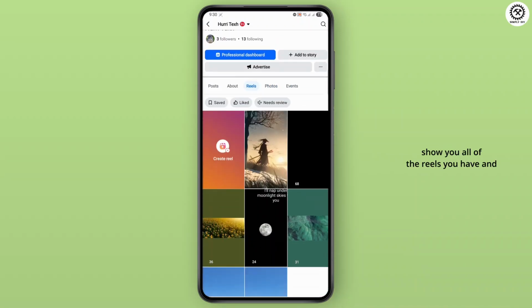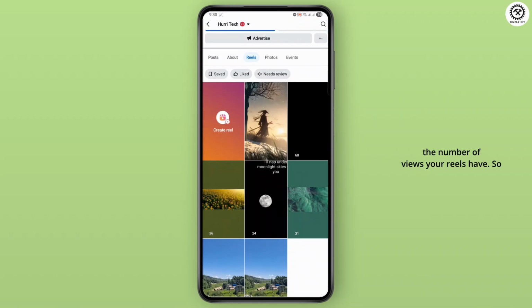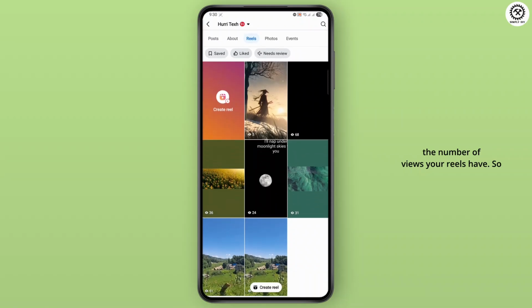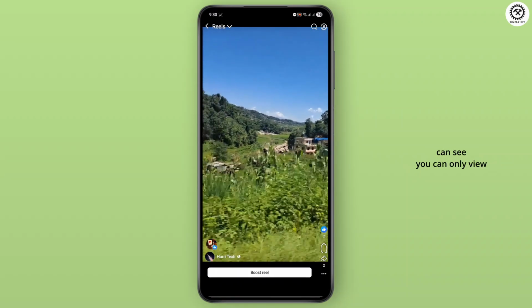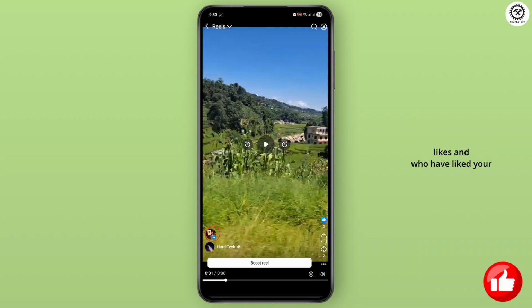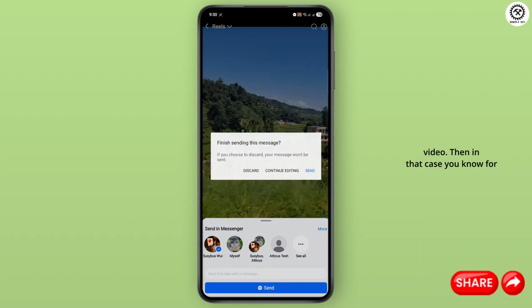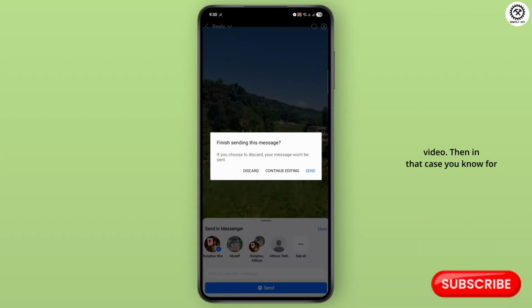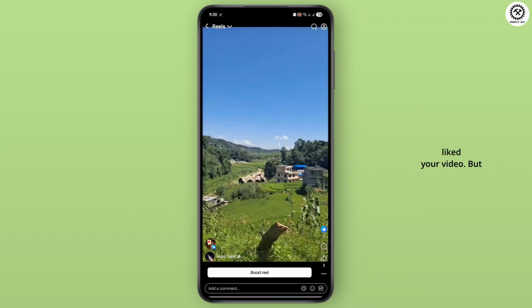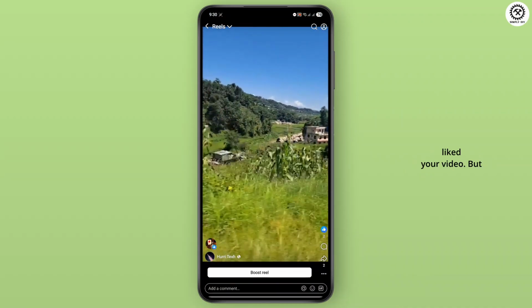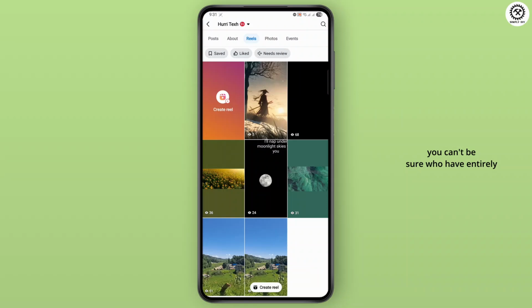Then it will show you all of the reels you have and the number of views your reels have. So what you basically do is just tap on the reel. And then as you can see, you can only view likes and who has liked your video. Then in that case, you know for sure that this person over here has liked your video. But you can't be sure who has entirely viewed your video or the list of people who have viewed your